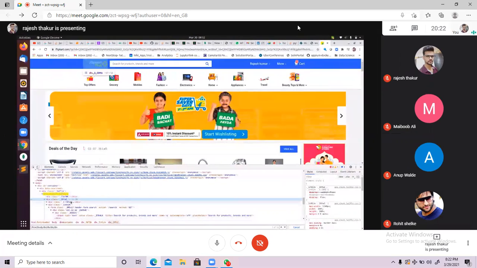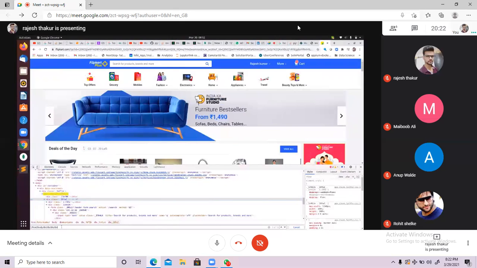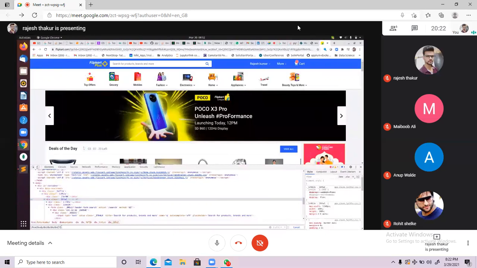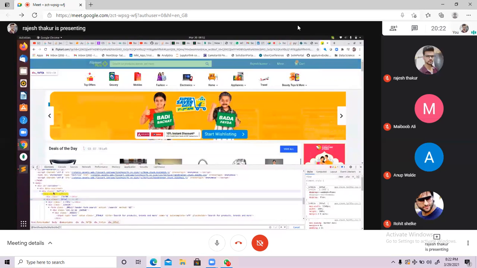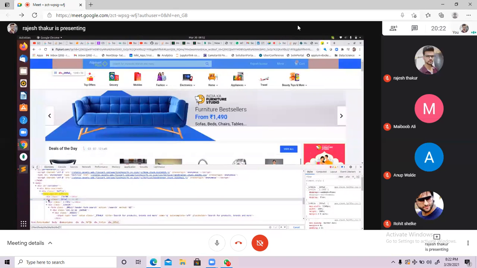So do I need to consider all 16 matching nodes? No, I have to consider only this first one. You already know, if you want to work on the first tag, what to do? Create an index. How to create it? Just open the square brackets and type 1 and close the brackets, and we are at the point of the first tag. Now from here where do we have to go? We have to go here, first div, right?